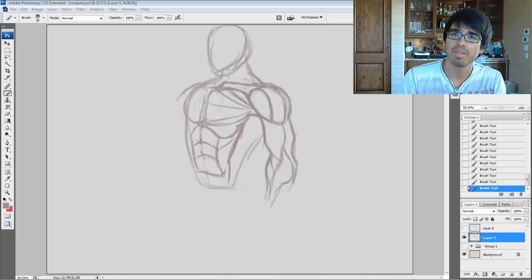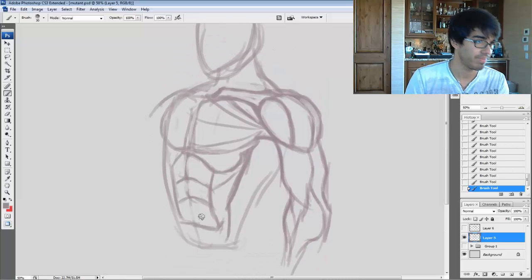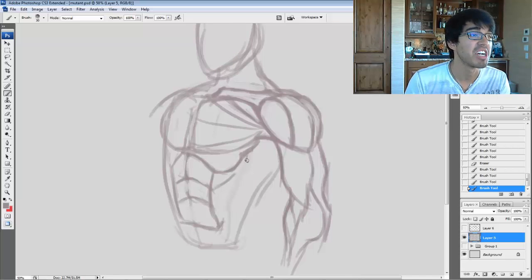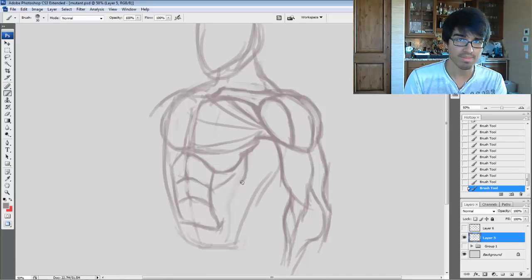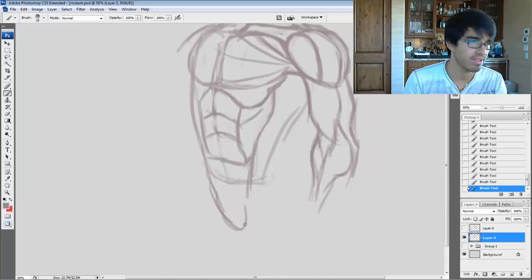So what we're going to be looking at here is the transition of the abs to the serratus anterior. So let's go in for a closer look. Yeah, it's actually very, very simple. I like to think of this, and then this goes down towards the crotch region. So we'll just go like that for now. And then,